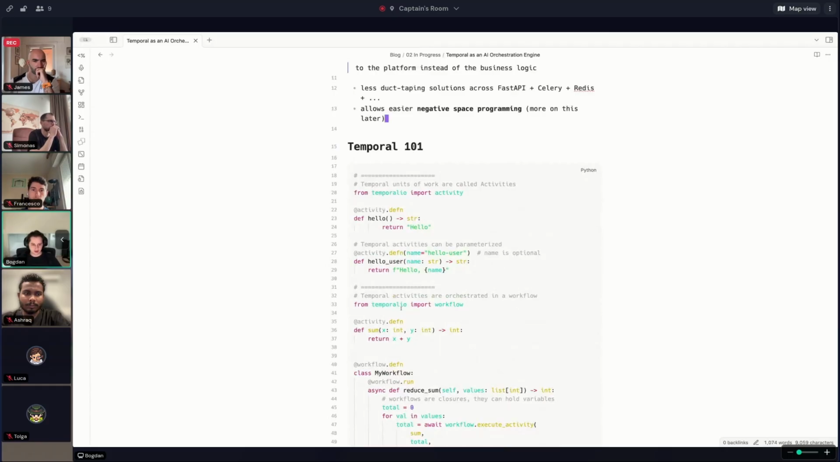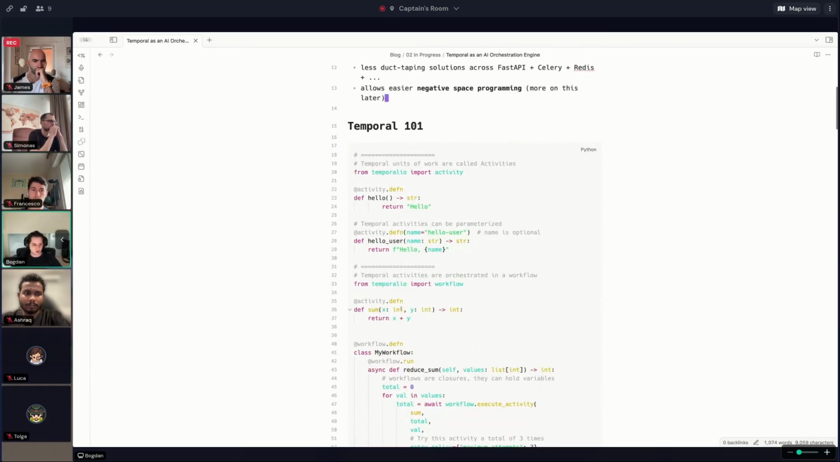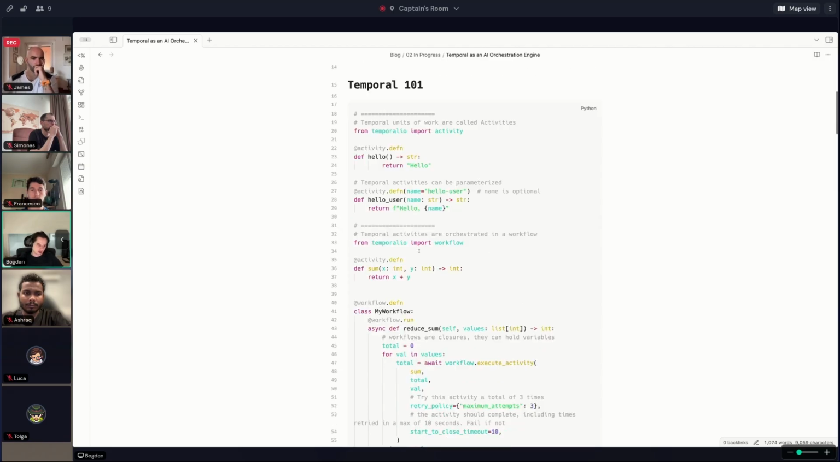I'm sure some people here, I know Simonas has seen a way of writing workflows, either via Celery or Hatchet or whatever. There are a couple of building blocks, and the main two building blocks of Temporal are activities and workflows. Activities are just simple units of work that have an input and provide an output. I won't go too much into the detail of the fact that these activities have to be